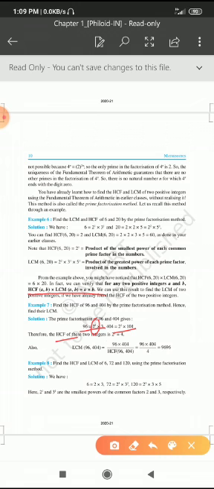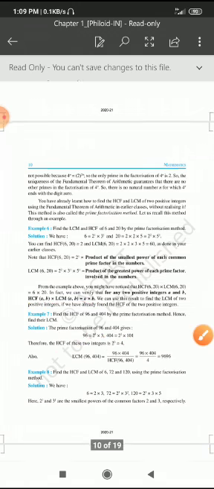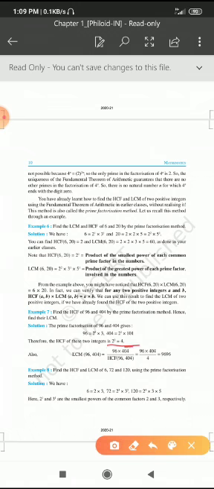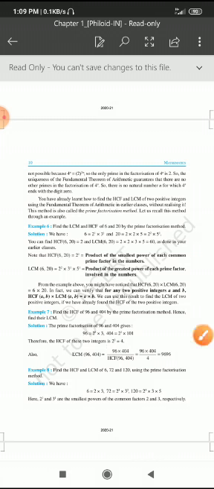What are the powers of 2? 2 power 5 and 2 power 2. Which is the smallest power? 2 power 2 is the smallest power. So 2 square, which is equal to 4, is the HCF. By using the HCF and the two numbers, we are asked to find the LCM. How to find it? We have the relation HCF into LCM is equal to A into B. So by using that, LCM is equal to A into B by HCF. What are the two numbers? 96 into 404, divided by the HCF of those two numbers, that is 96 into 404 by 4.